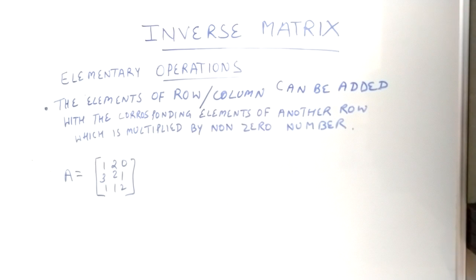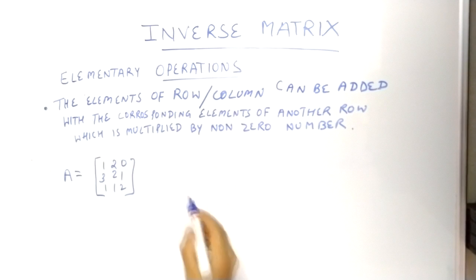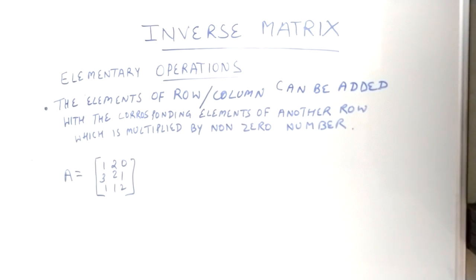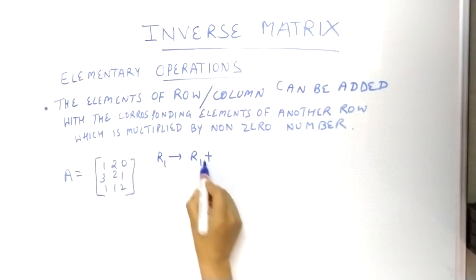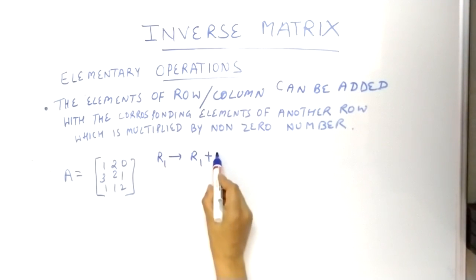Now the next elementary operation is that the elements of a row or a column can be added with the corresponding elements of another row which is multiplied by a non-zero number. What does that mean? In the previous operations we have seen that we can interchange and we can multiply also. So here you can replace any row, like R1 can be written as R1 plus any non-zero number you can take. Suppose I am taking 2 here